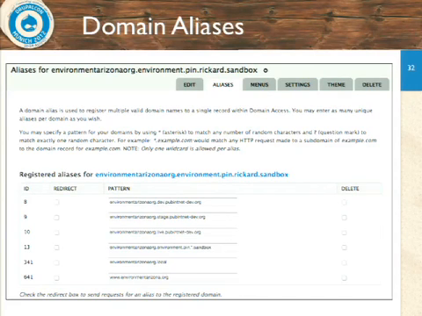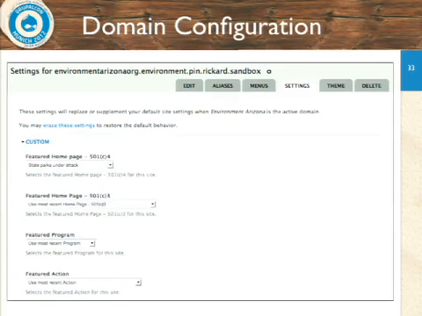Think of it another way. Let's say we had Munich2012.drupal.org, or we just had DrupalConMunich.com, right? You would make DrupalConMunich.com an alias of Munich2012.drupal.org, right? And when you set up an alias, you can tell Domain Access, redirect this to the canonical domain or not. And you can do that on a per alias basis, which is actually kind of nice for the marketing folks in the room. Do we have any marketing folks in the room?